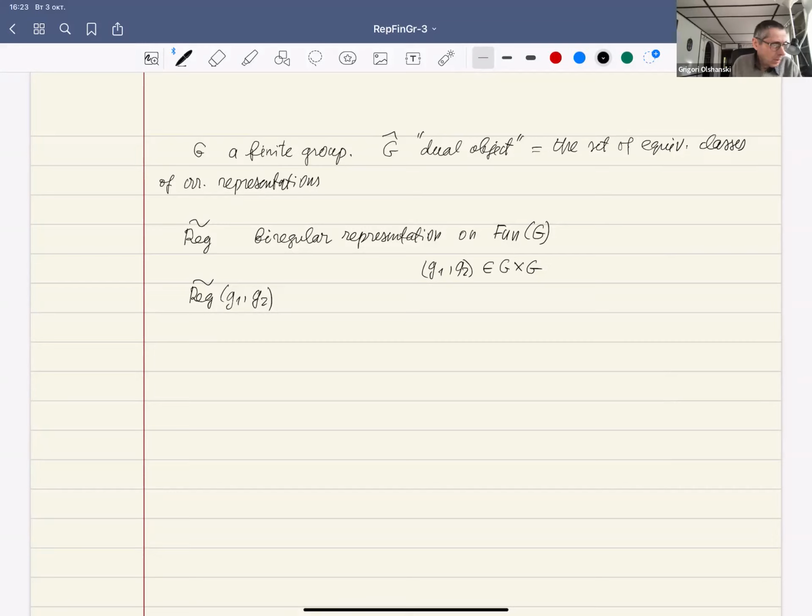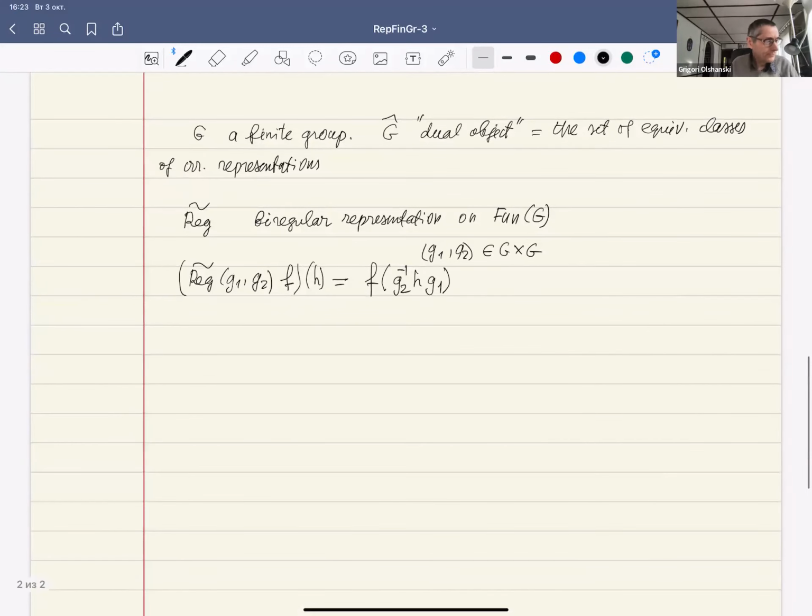Okay. And then we define the biregular representation as follows. If we apply this operator to a function f and evaluate at h, by definition this is as follows: h, G1, G2 inverse. One can interchange G1 and G2, and this gives the same representation up to equivalence. And I recall the result,